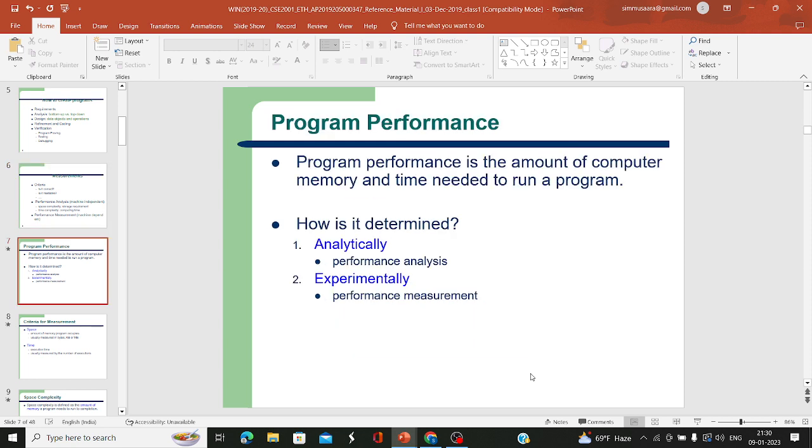Then program performance. How is it determined? It can be determined experimentally or analytically. So you can either analyze the performance of your program, which is nothing but the amount of computer memory and time needed. As I've already told you, time and space are the two major factors which will determine your program performance. That can be done by analyzing your program step by step, or empirically,